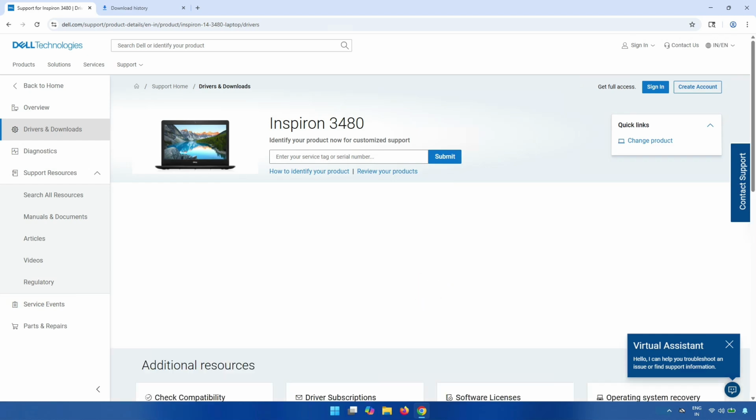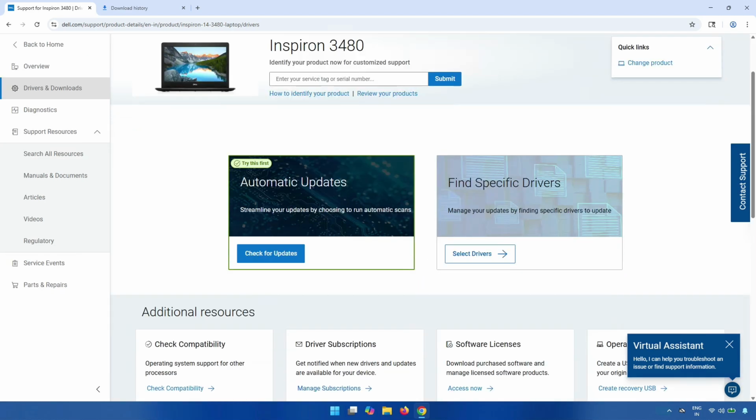If you want to install and are facing some issues, like with the camera and all, one by one, then you have to install this one. Otherwise, this is automatic, which means just one click and everything installs. But if you have specific issues like Wi-Fi or Bluetooth and you need to update the driver,